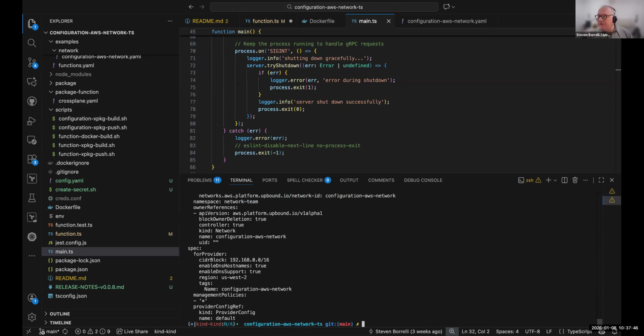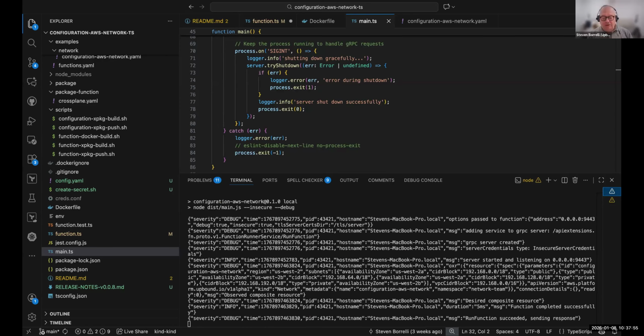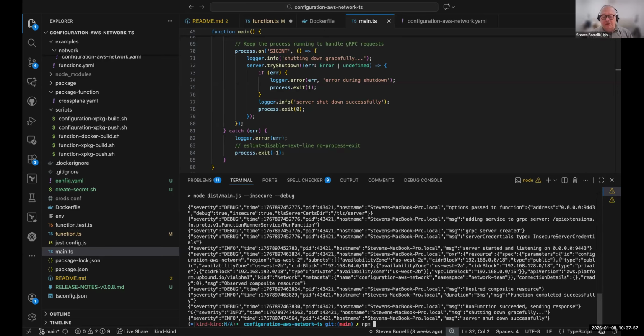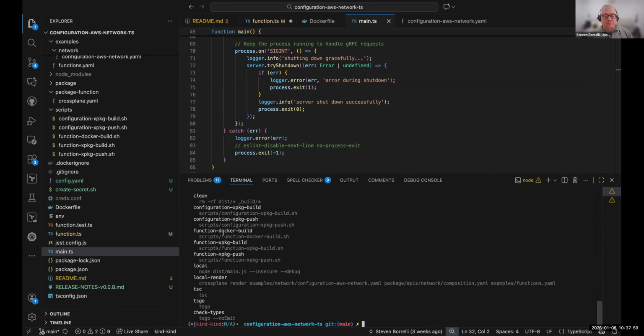And it renders, right? So we could do our local development workflows here using Crossplane. There's a lot of npm scripts located in here for building the configuration package, pushing it, building the Docker image, and doing all those other things.